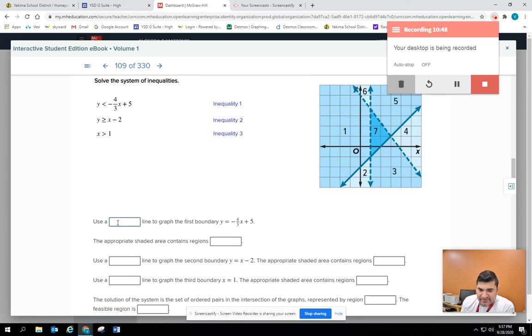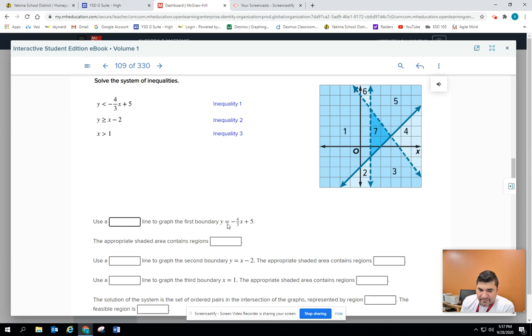Okay, so here it says use a, what kind of a line? We have this equal symbol, so we're going to use a solid line. The appropriate shaded area contains regions. So if you look at this line right here,